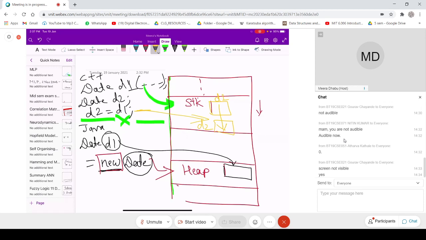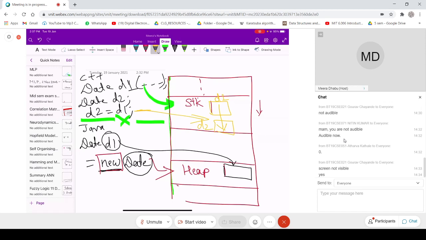After that, if you look at the code, you will realize that we have changed the value of one of the objects. But that doesn't mean that the value of the other object has been changed. It remains as it is, isn't it?